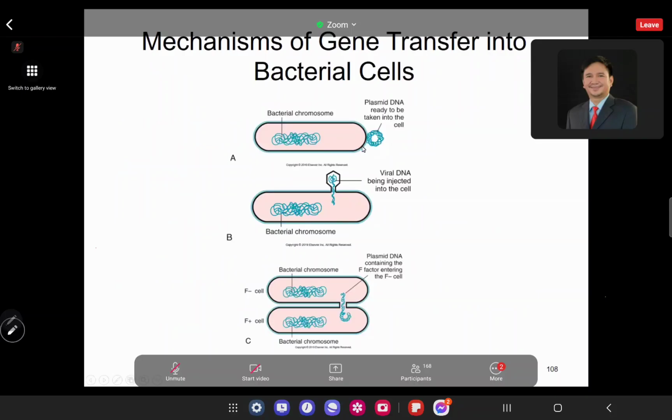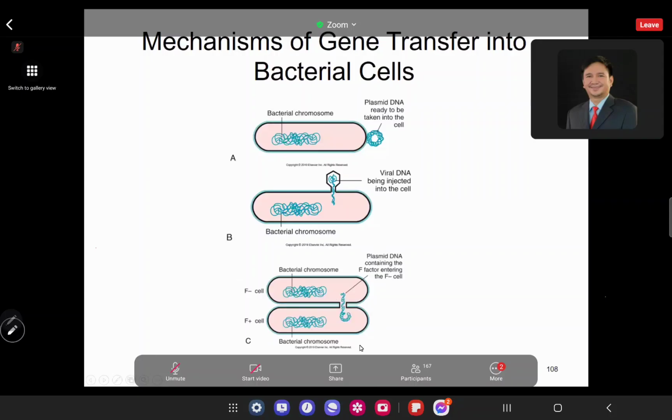Transformation. The DNA is in the environment and the bacteria is passing through, it could take up your DNA. Again, this is key in acquiring antibiotic resistance. How about B? This is your virus infecting a bacterial cell. So it's injecting the viral DNA into the new bacterial cell. So the bacteriophage, the virus, serves as a vector for transferring genetic material from one bacterial cell to the other.